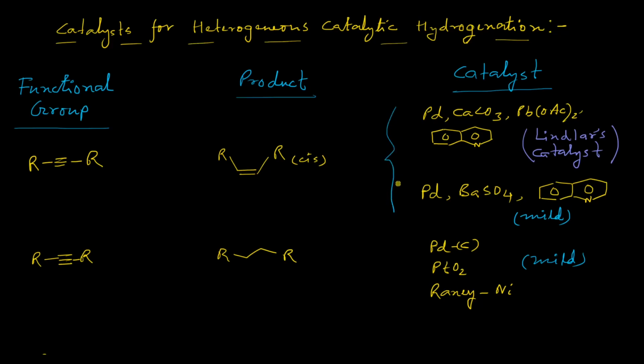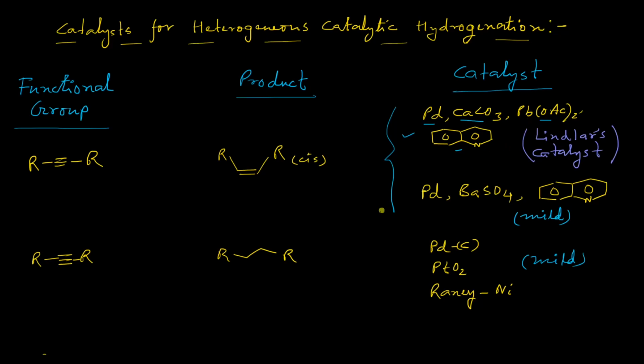two catalytic systems. The first one is the famous Lindlar's catalyst, which basically involves the use of palladium as the catalyst in presence of lead acetate as the deactivator and quinoline, and the support for this catalyst is basically calcium carbonate. So calcium carbonate is inactive, palladium is the catalyst, lead acetate is the deactivator, which is also known as the modification 1, and quinoline is also a deactivator, which is known as the modification 2. So this catalytic system is known as Lindlar's catalyst.